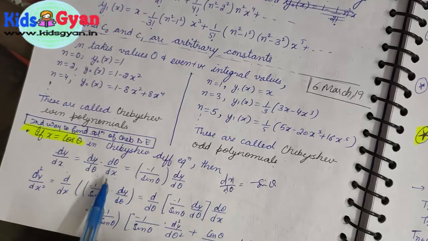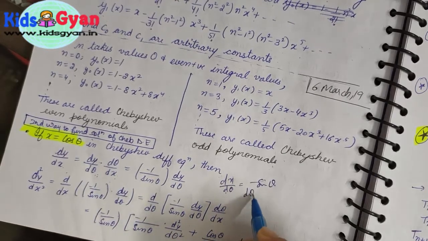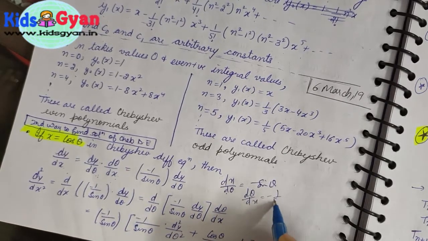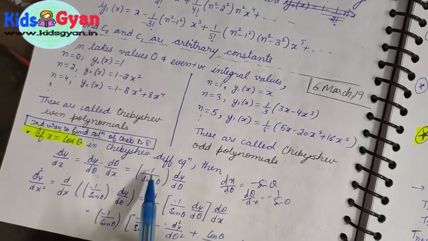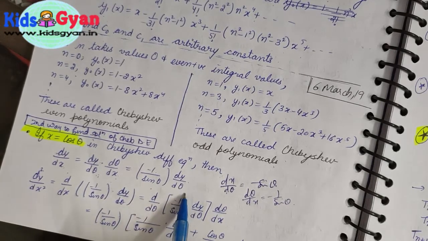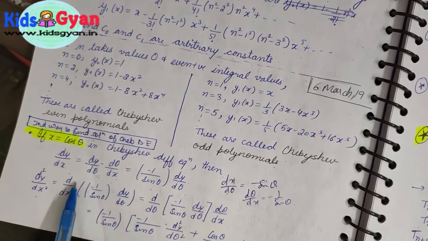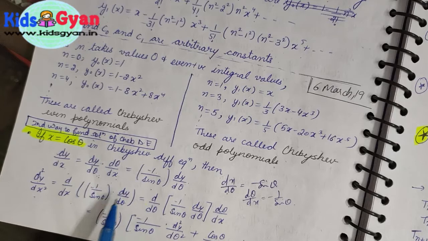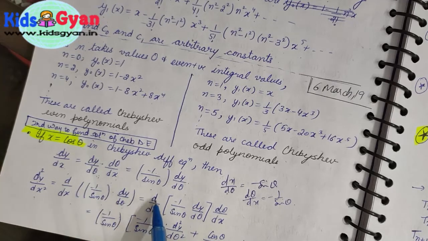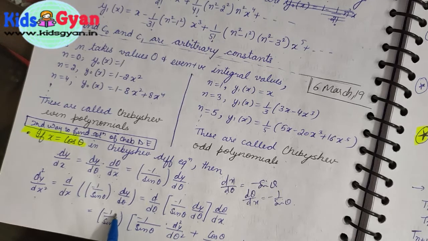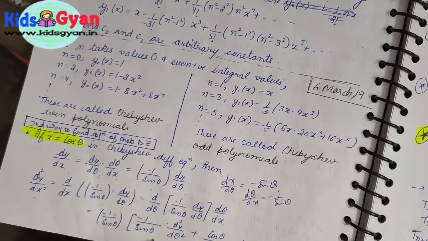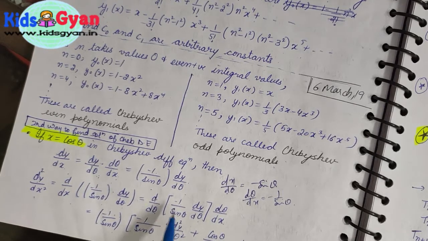So dy upon dx is minus 1 upon sin theta into dy upon d theta. Now similarly d2y upon dx2. So d upon dx of minus 1 upon sin theta dy upon d theta, or we can say d upon d theta of minus 1 upon sin theta dy upon d theta into d theta upon dx. So we put the value of minus 1 upon sin theta,